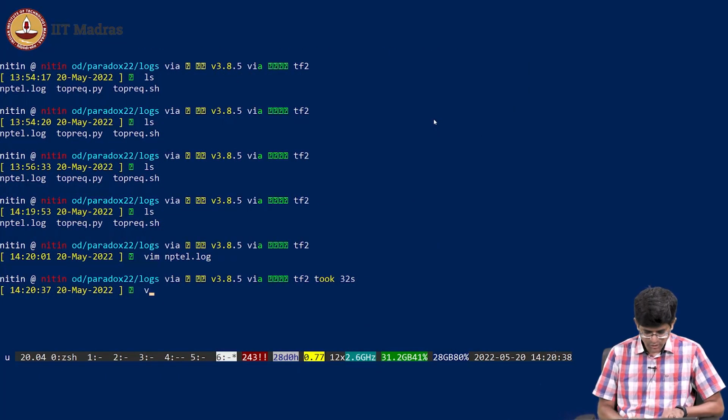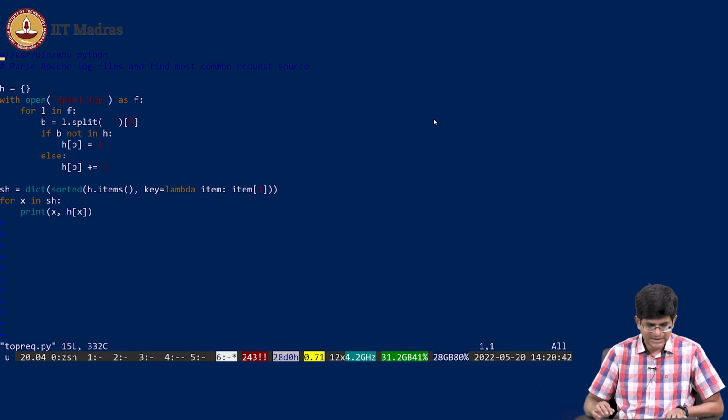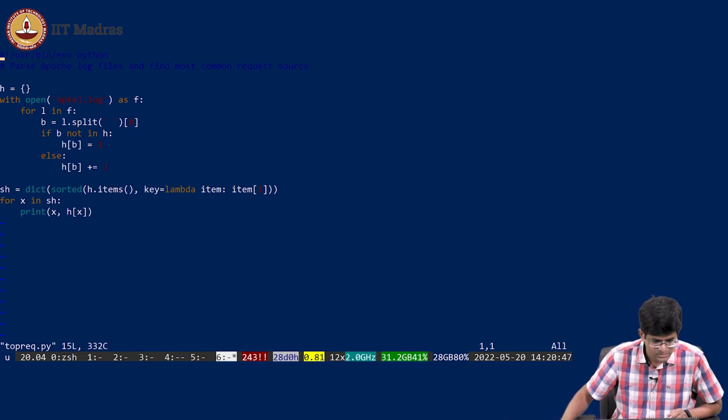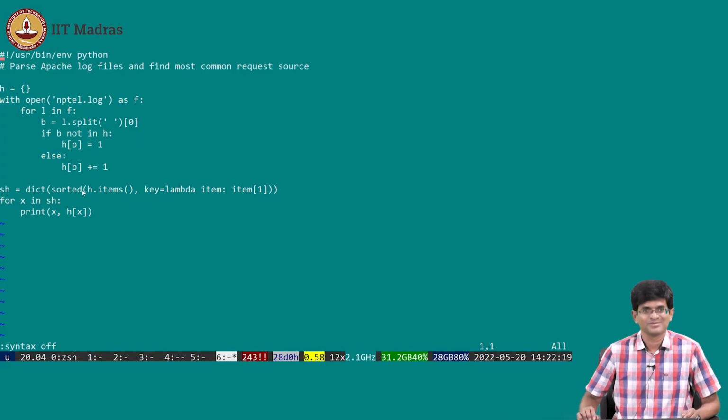So I'm going to show you some code that I wrote in Python, but unfortunately the colors are poor. Yes, better. At least it's readable at this point. All right. So what have I done? I have tried to create a Python file which does it the way that you would think about parsing a log file like this, right?